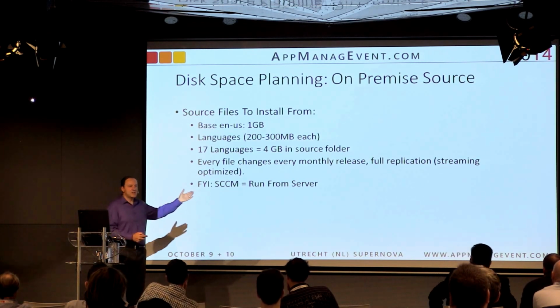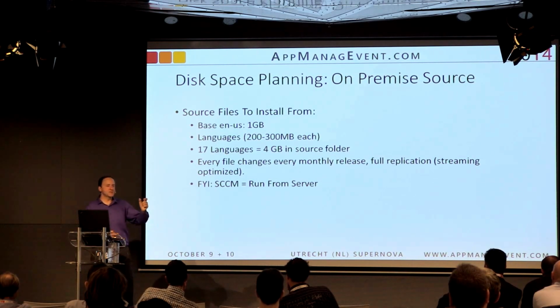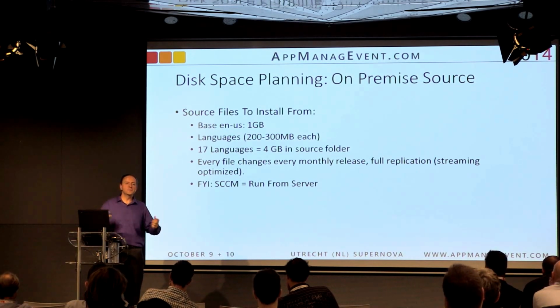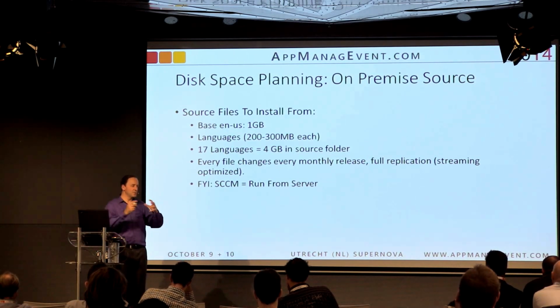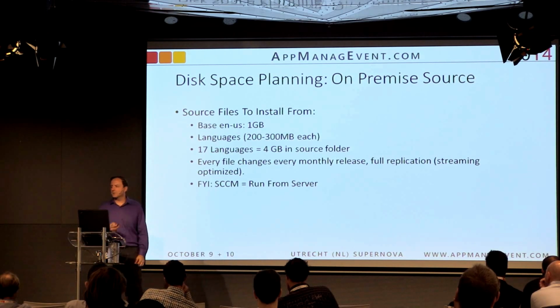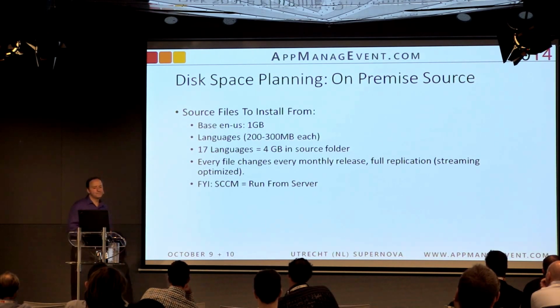All the files change every month. The cab file structure is optimized for streaming. It is not optimized for you to re-push in SCCM. So, presumably if there's only 100 megs of changes, you'd be going in there and saying, I'm expecting there's only 2 cab files that changed. No, they all change every time, so you have to re-push the source every time.